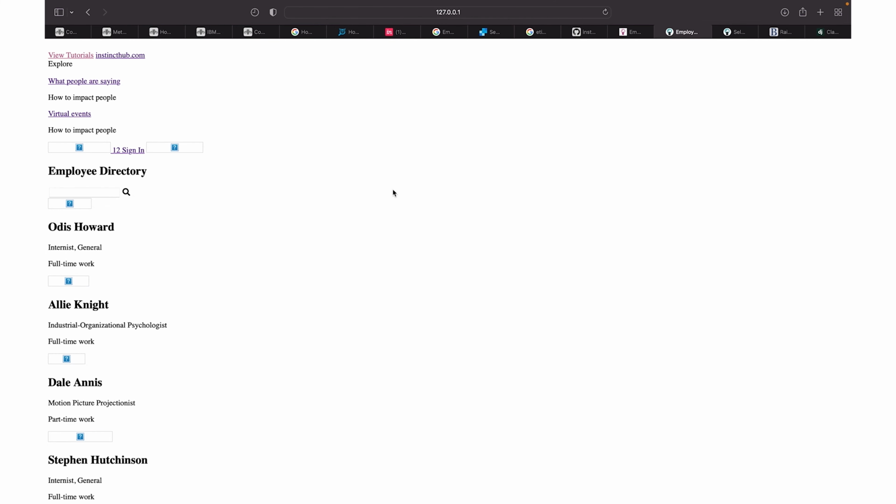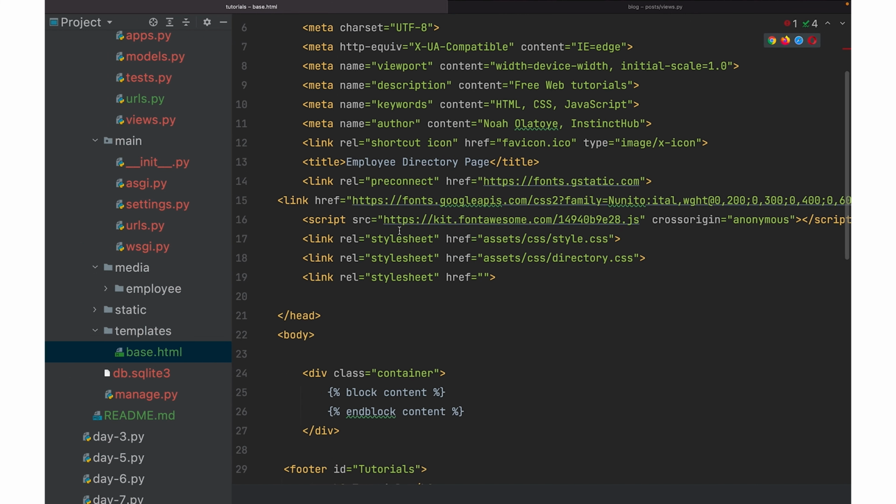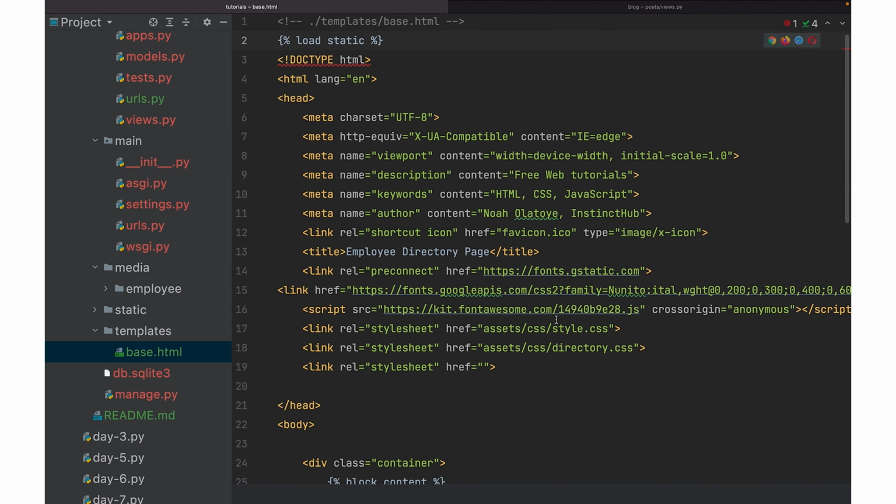If I save the file and I refresh, everything should still work the way it is. But now that we have static loaded, what we can do is look for where we even have our CSS. Now, for us to really do something nice, we can just go ahead and